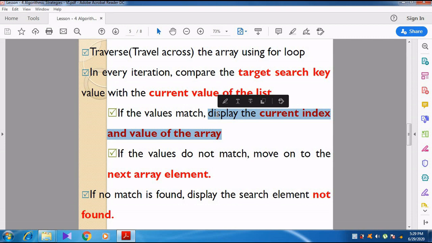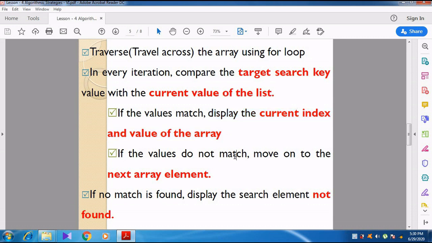So what is the index of that particular value? The first element is 4, and the search key element is also 4. The first element means 0th index, so you want to display the current index, that is 0th. It is stored in the 0th position in the memory. And then what is the value of the array? 4 is the value of the array. Right? So we are just going to find one particular element. If the element is found in the array, just display the current value and the index alone.